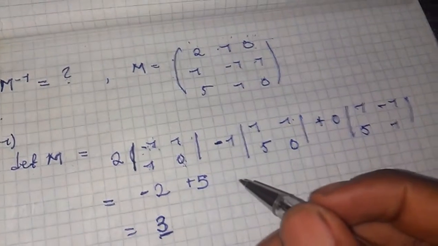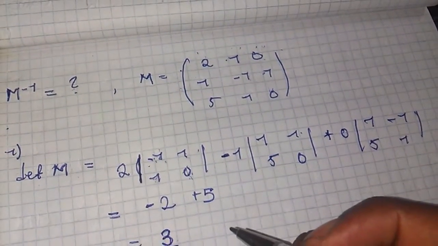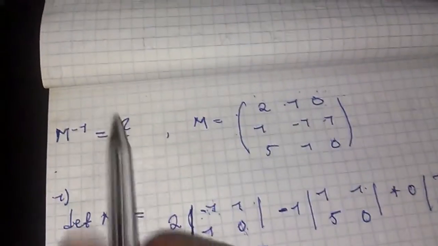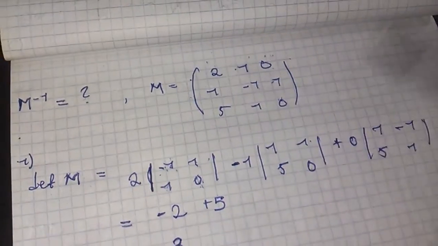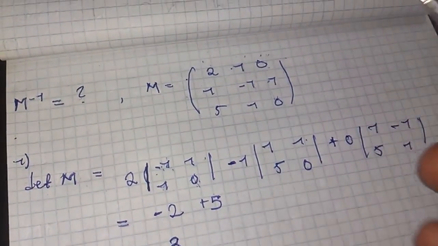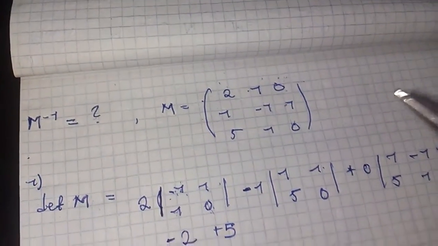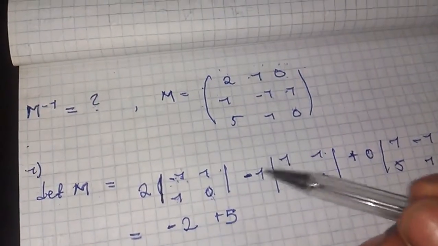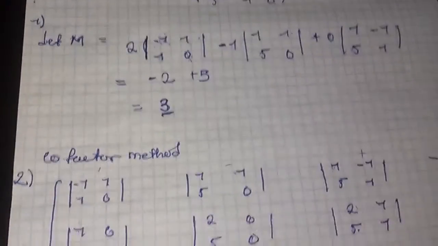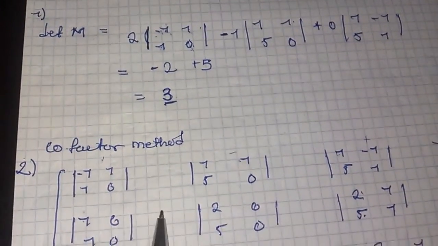The next thing we need to do is to look for the inverse, since I'll use the cofactor method. We know the inverse is one over the determinant times the transpose of the cofactor matrix. So I guess that's the formula. After that, what do we need? We need to look for the cofactor. Since it could take some time, I just went ahead and did it, but I will explain the method as well.